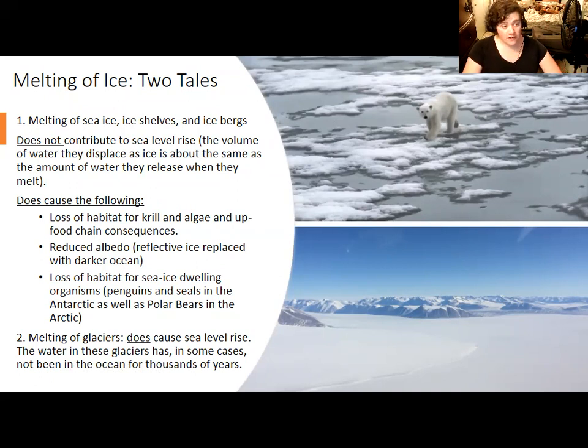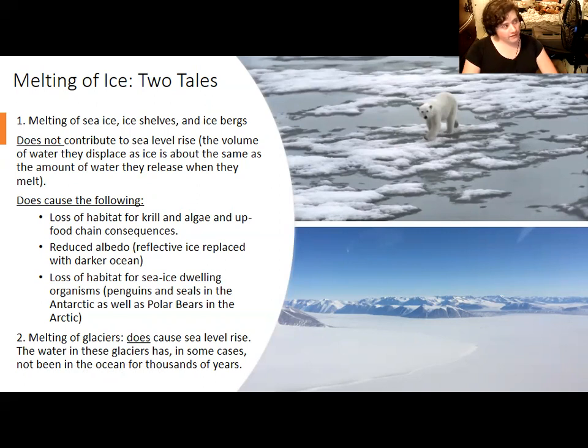Now, what really causes sea level rise is the melting of glaciers on land, because it is the accumulation of those glaciers on land that causes sea level to be lower now than it would be outside of an ice age. If you look at a map from the Cretaceous period, when there was essentially no ice on Earth, you have these interior seaways flooding low-lying regions of North America and Europe. A lot of Europe is just a bunch of islands. It's covered all in water.